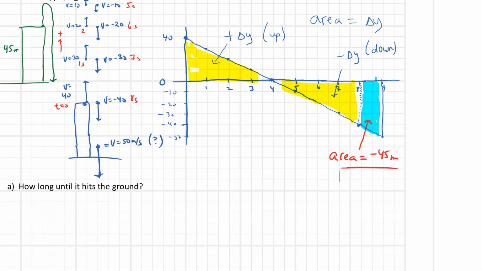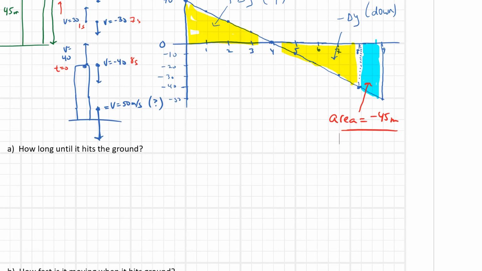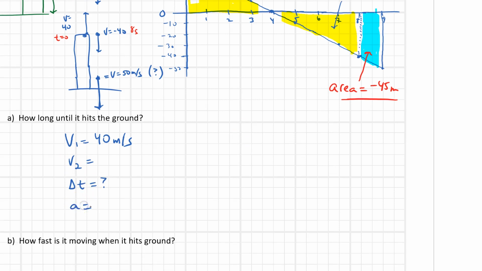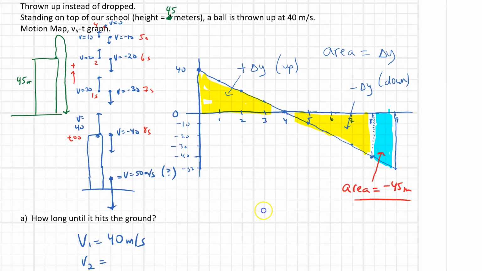It says how long till it hits the ground. So let's use our math version, and we're going to say, okay, what do we all know about this? So our initial velocity, v1, was equal to 40 meters per second. The final velocity, we're not quite sure. How long until it hits the ground? That's what we want to find out. So I'm going to put a question mark by that one. My acceleration. Now, remember, we said up was positive for this one, so downwards is going to be negative 10 meters per second squared. And our delta y is going to be equal to negative 45 meters because it started,